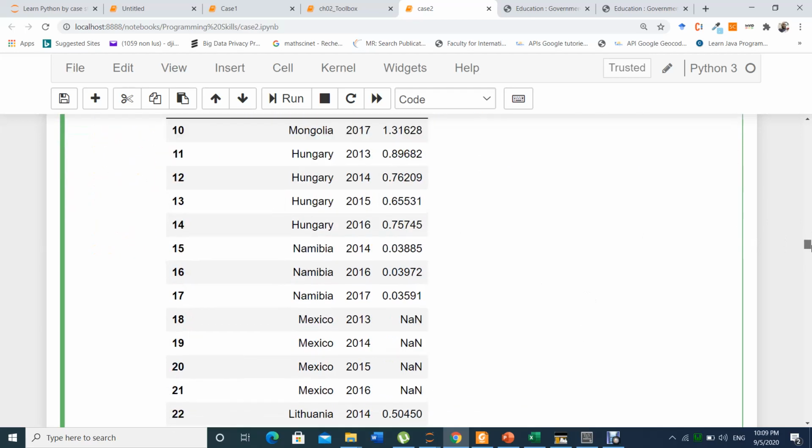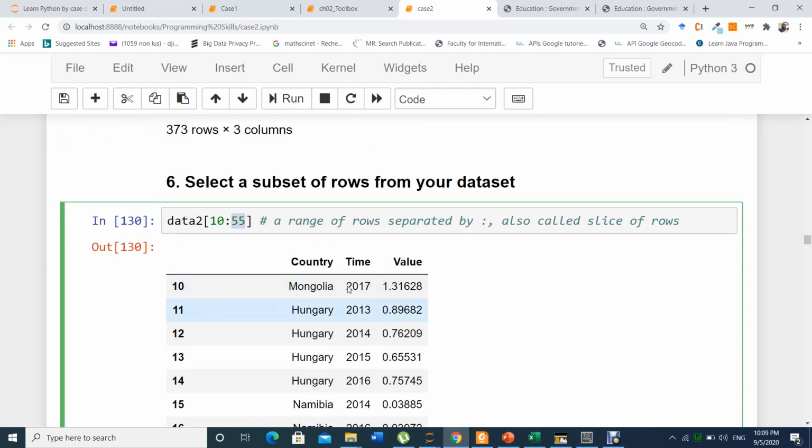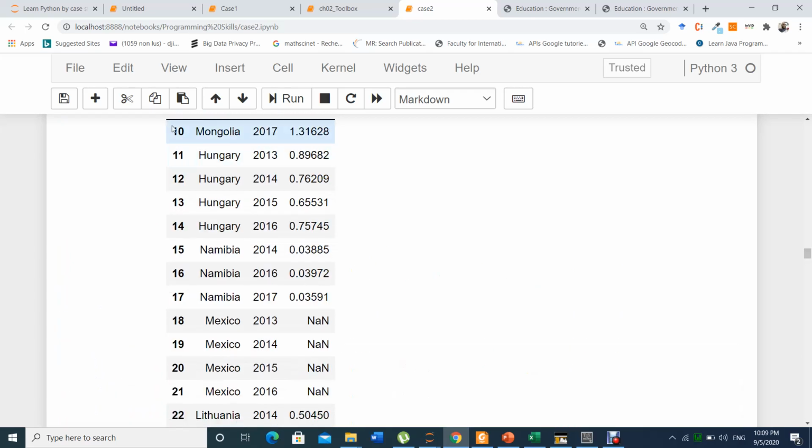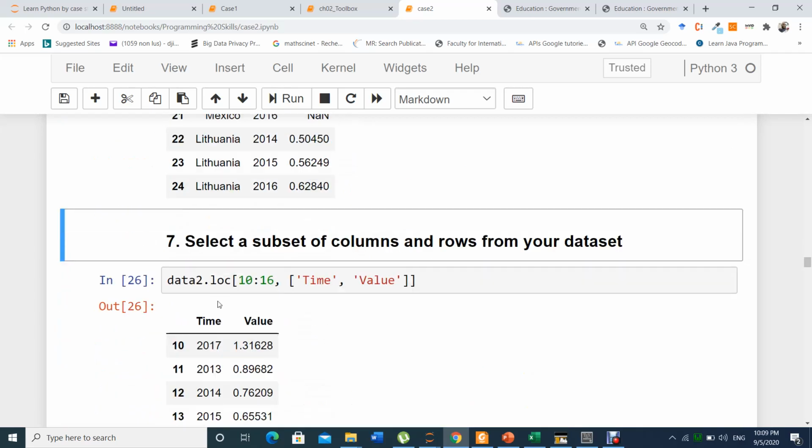To be clear, from 10 to 25, so that it will be easy to understand. You see from 10 to 25, it gives from 10 to 24. Like what I said, the end index is excluded.